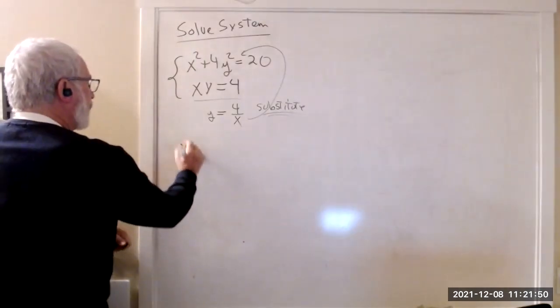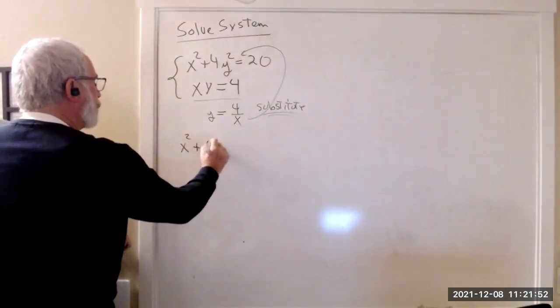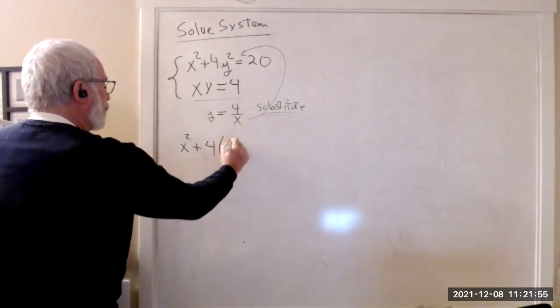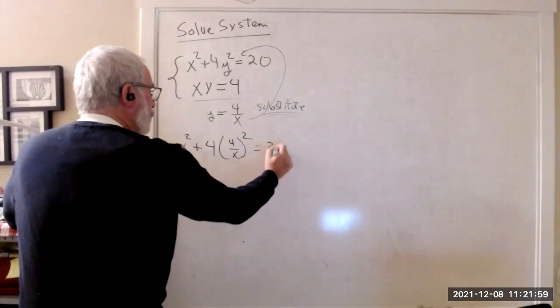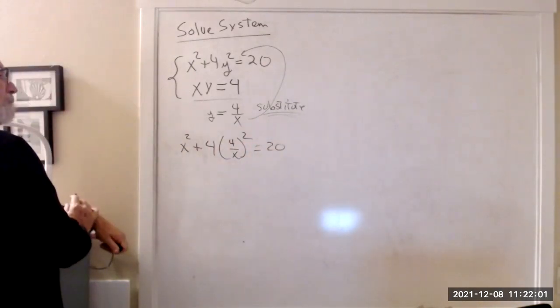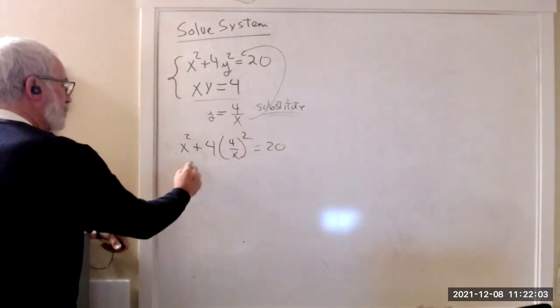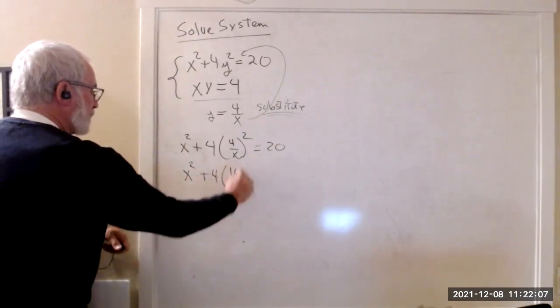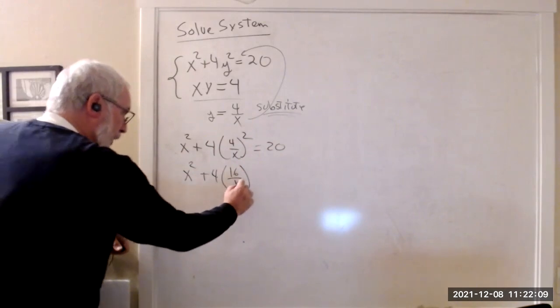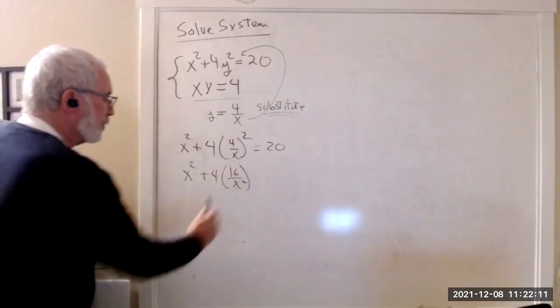So that gives us x squared plus 4 times 4 over x quantity squared equals 20. This is x squared plus 4 times 16 over x squared, excuse me, because when you